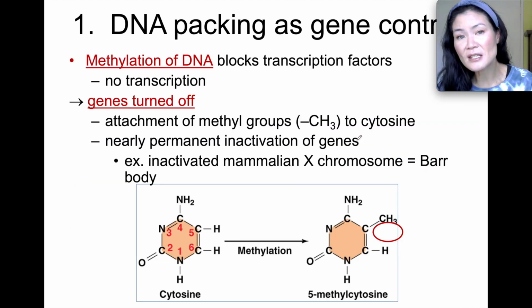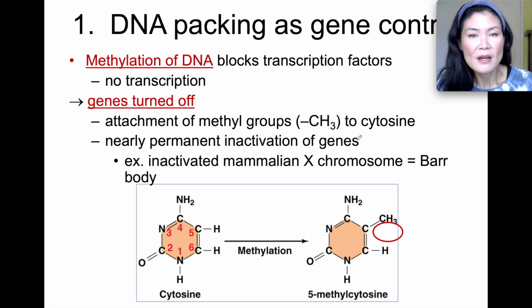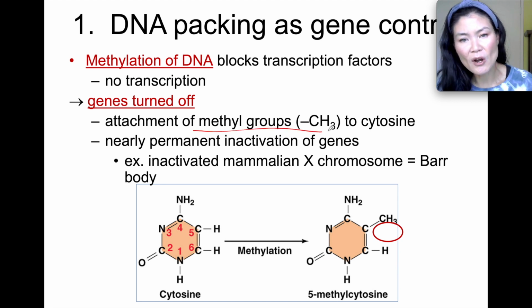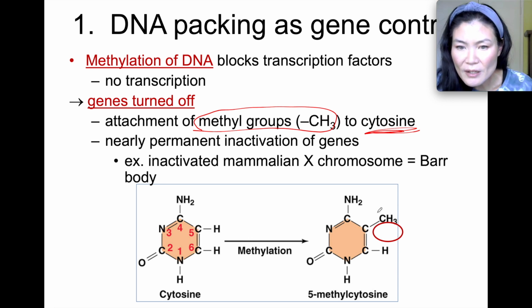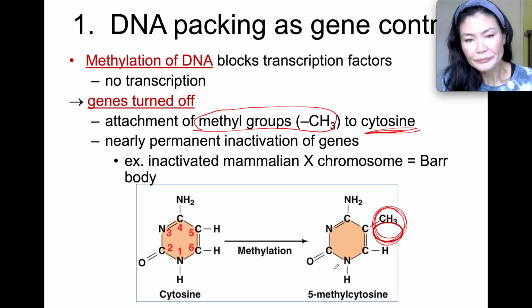Okay, also related to DNA packing is that sometimes the genes have methyl functional groups on them, okay? We call it methylation. When DNA is methylated, that means that the cytosine, remember the cytosine, which pairs with guanine, okay? The cytosine might have methyl groups. Oh, it's not circled, but this is the methyl group. When cytosine, which is the nitrogenous base, is methylated, that's because there's a methyl functional group attached to it. Those genes are turned off, okay?